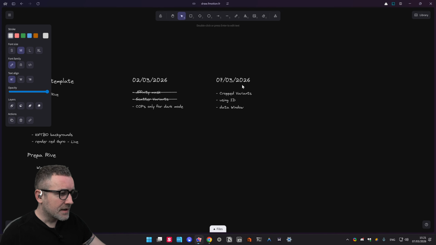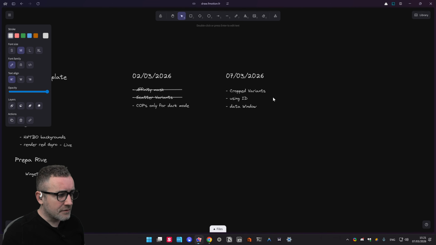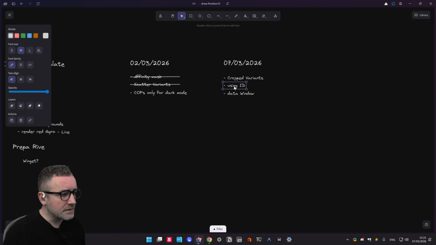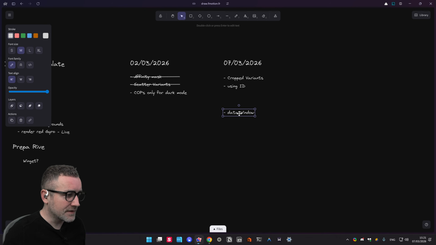So the three points that were difficulties last time started with this cropped variant thing. I also wanted to learn how to use the ID layer inside of Copernicus, because it's pretty easy to use ID in SOPs and to do wrangle operations with them. And it's obvious that ID can be used to do similar things inside of Copernicus, and I wanted to explore that. And this brought me to a whole other rabbit hole,